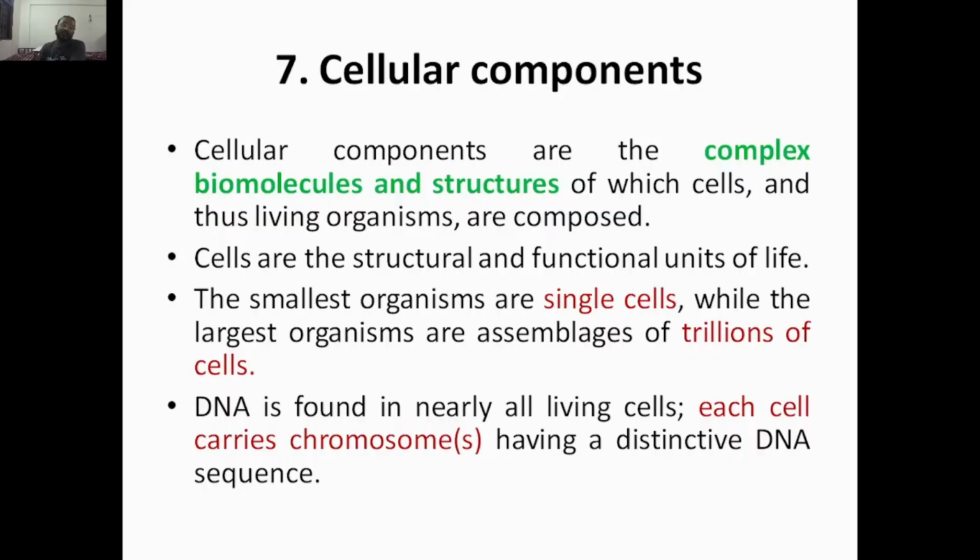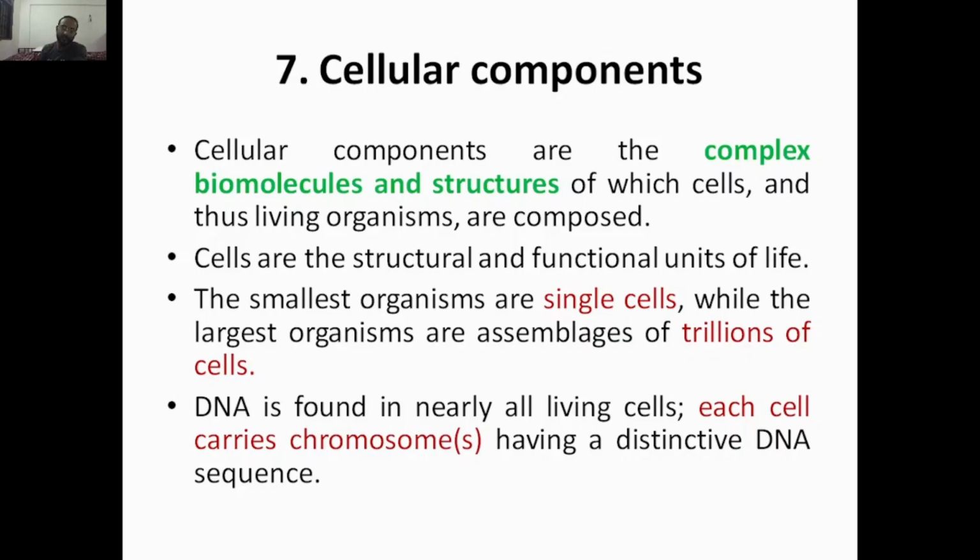Let's get started. The next topic we are discussing is cellular components. Cellular components are nothing but whatever the cell consists of. We'll call that cellular components. Usually we have biomacromolecules like DNA and proteins, and all these can be examples of cellular components, including the different structures that we will discuss in this topic. So cellular components are the complex biomolecules and structures of which cells and thus living organisms